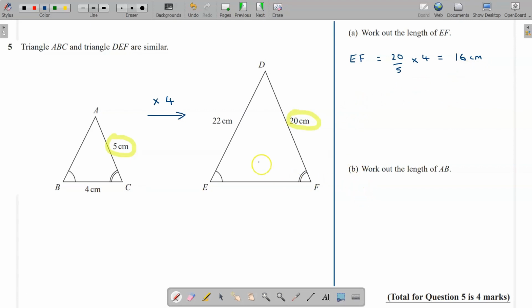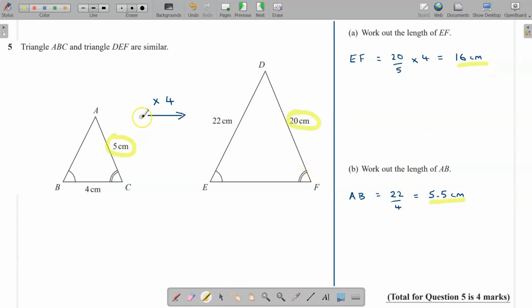Well, AB is over on this side, and we know that one is 22. So we just need that AB is 22 divided by 4. Okay, 22 divided by 4. And that's 5.5 centimeters. And that's it, a really easy question, but you've just got to spend a moment making sure you